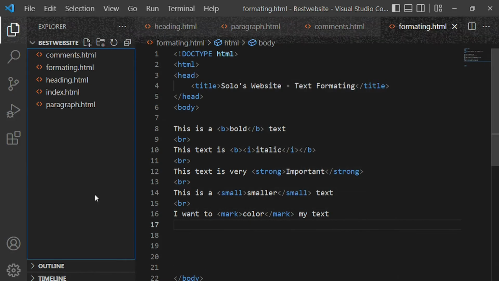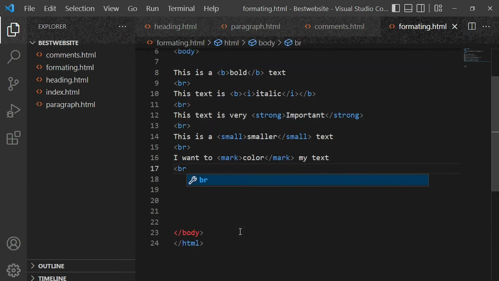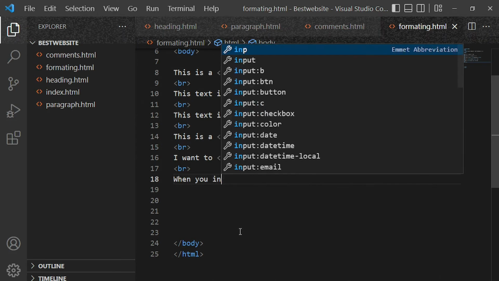Let's look at another text formatting mechanism in HTML using the insert tag. Before we start, let's again break our line by putting BR. I'll come down, and then I need to enter some text, so I'll enter my text here. So when you insert,